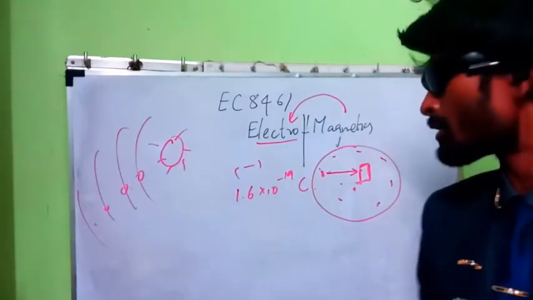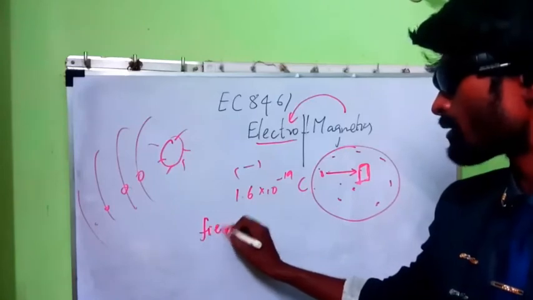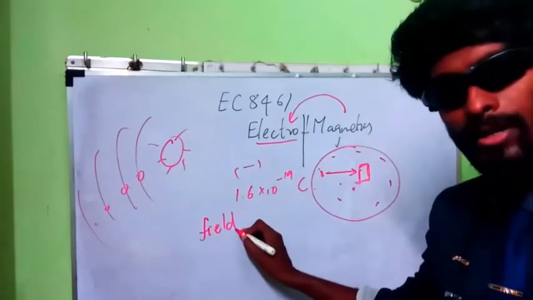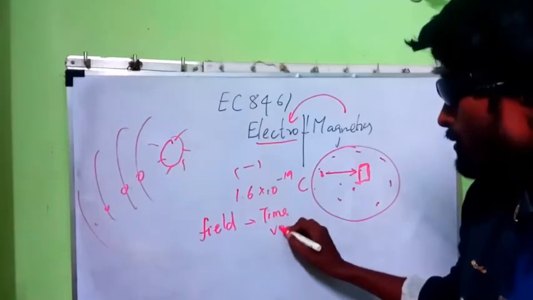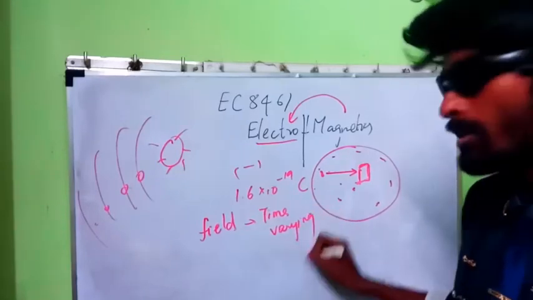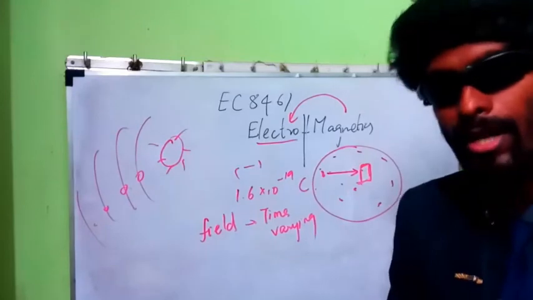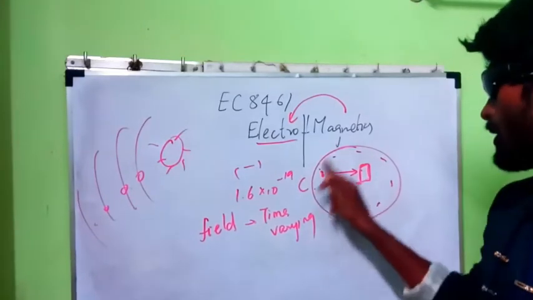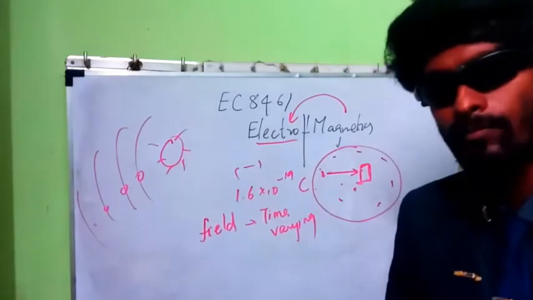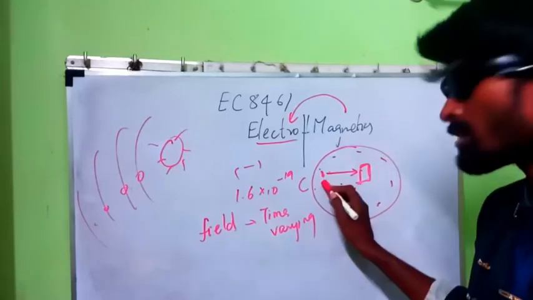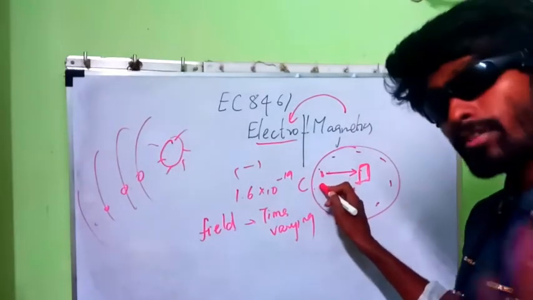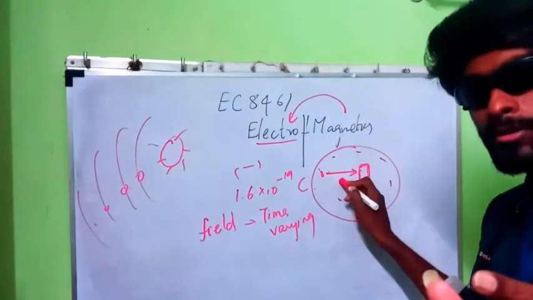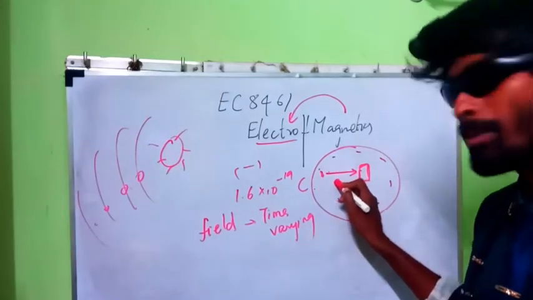Now, I say the field. What is the meaning of field? A field is said to have a time-varying component. A field is said to be a time-varying action. So if I put anything in the field, it depends on time. At time t1, the pin is here. After some time, the pin may come closer to the magnet. And after some time, the pin may go back.